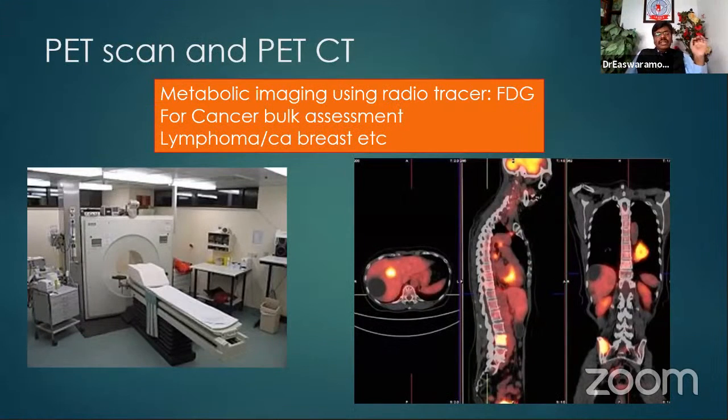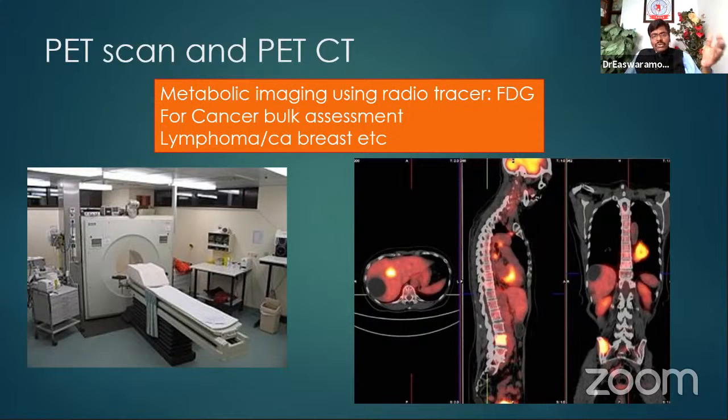The final thing is the positron emission tomography or a PET scan along with the combined computerized tomography. CT combined with the PET scan is the order of the day for oncological investigation because it is called metabolic imaging. Very, very important. What is metabolic imaging? You give a radio tracer. The one thing required for each and every cell of our body is glucose. So you give them the